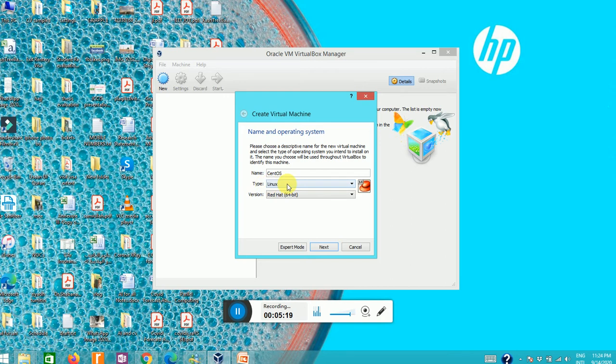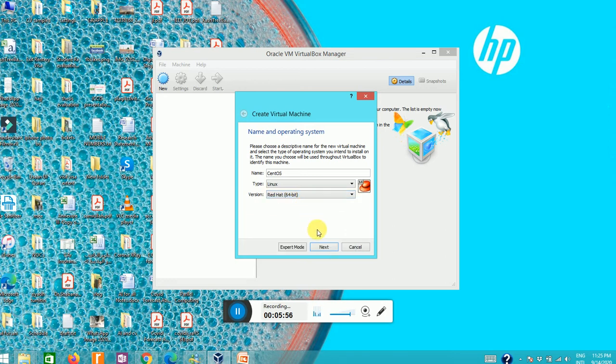So Linux, and because there will be no option for CentOS, I will make sure to select Red Hat 64-bit here. For some machines you will not find 64-bit, even if they are 64-bit, you will only find 32. So there is a fix for that. I will be posting that fix also if some students are facing the problem, and paste that link in the description of this video, inshallah. So here I can see the Red Hat 64-bit.